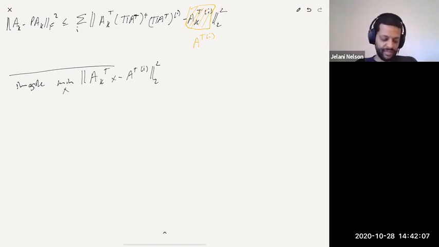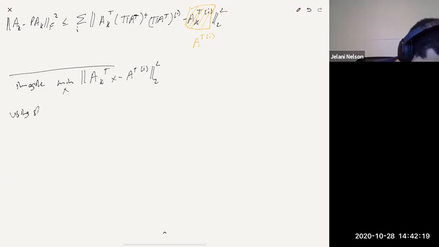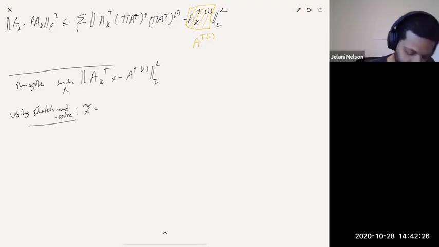This is a regression problem, right? A transpose I is a vector. AK transpose is a matrix. Find the vector X which minimizes the L2 norm squared. Using sketch and solve, we would find some X tilde, which is the minimizer